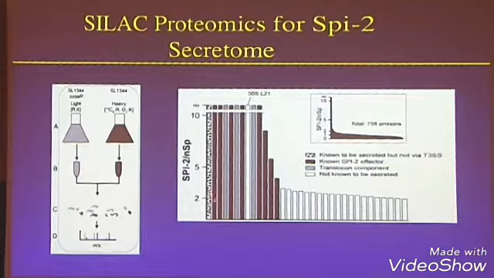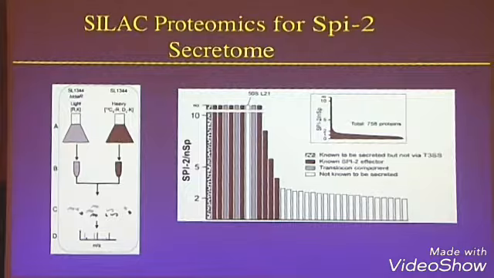And you can see tracking on here that here's one protein that's known to be secreted by the type 3 system, and one protein that's not known. This actually was a ribosome protein here. And then all the known SPI-2 effectors. The neat thing is we identified all the known SPI-2 effectors that we'd found, and we found a whole bunch more that we then went on to actually study.